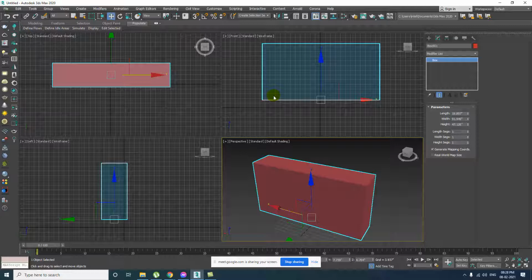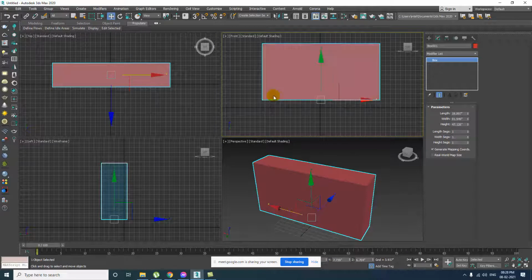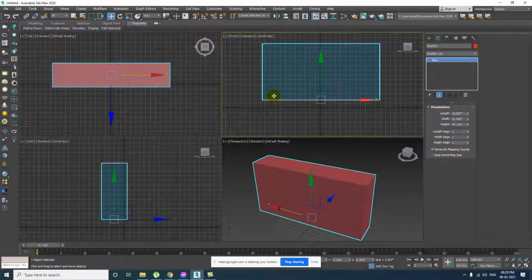If you press F3, I just pressed F3. F3 is for solid shape. It will toggle between wireframe and solid. Again I will press F3, it will go back to wireframe mode.